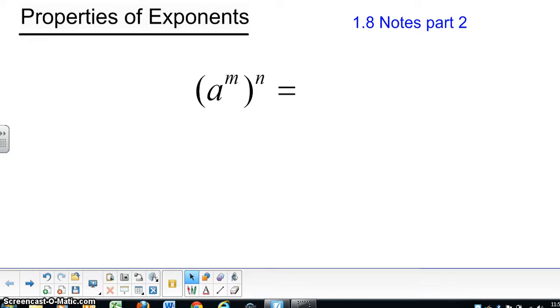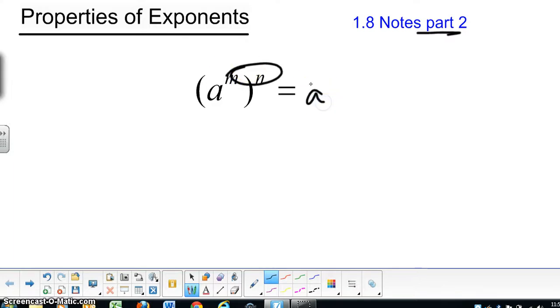Now for properties of exponents part 2, we are going to be talking about using exponential notation in raising powers to powers. So what this means is when you see two variables like this together, you're going to multiply. We kind of hit on that a little bit today in our classwork, but I just want to emphasize